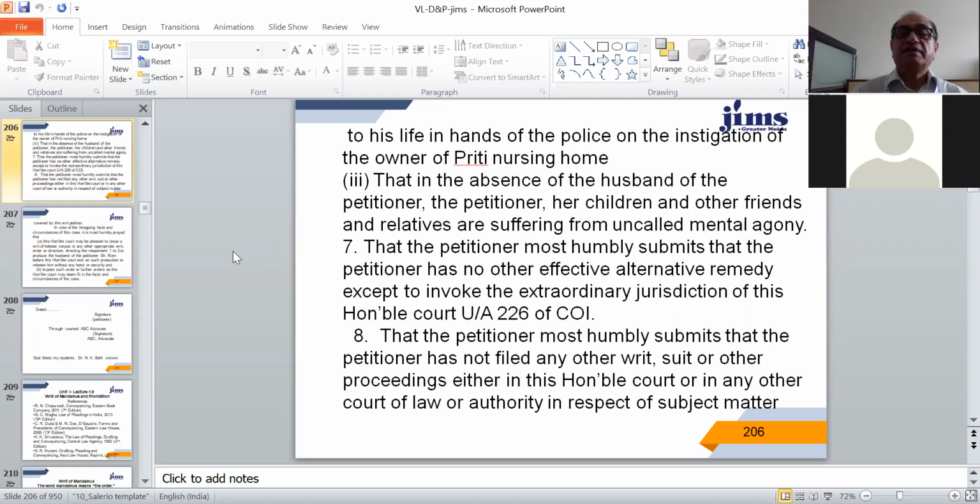Para 7, that the petitioner most humbly submits that the petitioner has no other effective alternative remedy except to invoke the extraordinary jurisdiction of this honorable court under Article 226. Para 8, that the petitioner most humbly submits that the petitioner has not filed any other writ, suit, or other proceedings either in this honorable court or in any other court of law or authority in respect of this subject